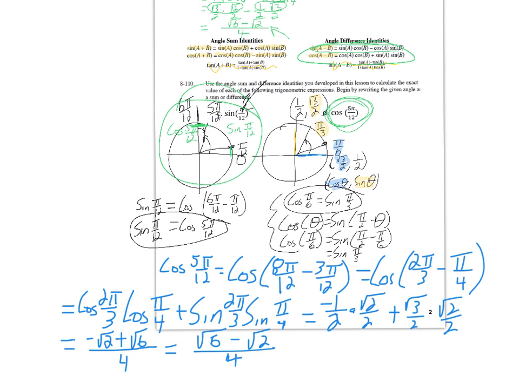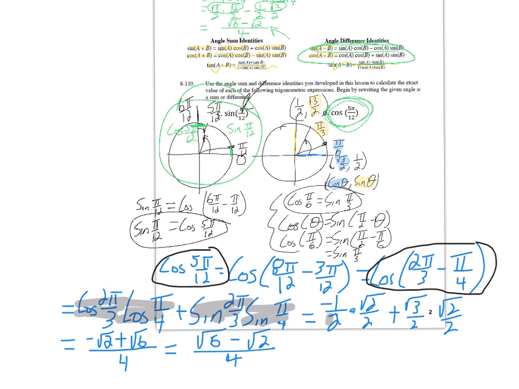Okay, welcome back. What we have here is the cosine of 5 pi over 12. One way to write it is 8 pi over 12 minus 3 pi over 12. Simplify those down and you have the cosine of 2 pi over 3 minus pi over 4. Then using your property up here, the cosine of the first angle times the cosine of the second angle, so the cosine of 2 pi over 3 times the cosine of pi over 4,